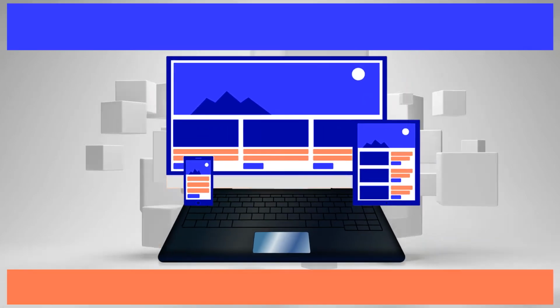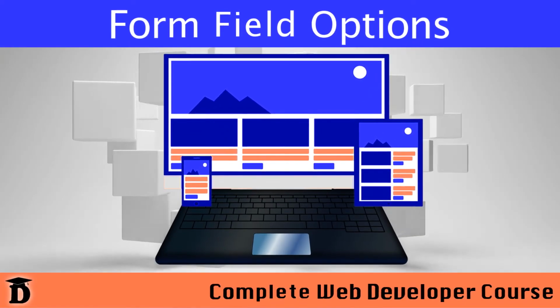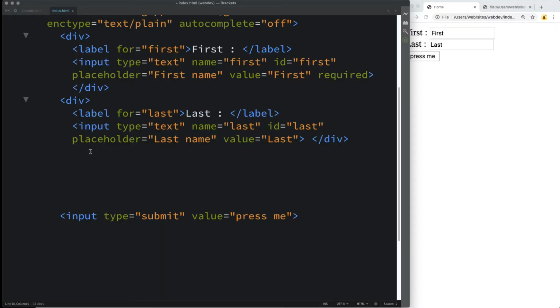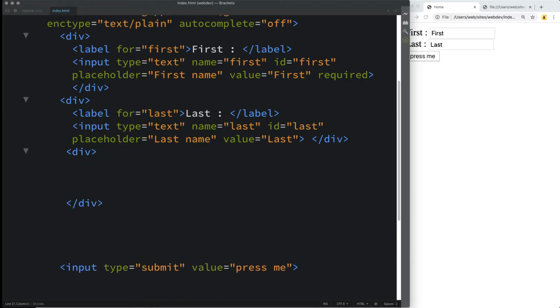Hey, in the last few lessons, we've looked at what forms can do and all the different wonderful ways of adding in and providing users a way to input content into the forms. So we're going to be also looking at in this lesson more options that you have with forms. So there's a lot of different ways to collect that information from the form. So we had already looked at input, and we're going to look at a little bit more with what we can do with inputs. But this time, let's also look at select.